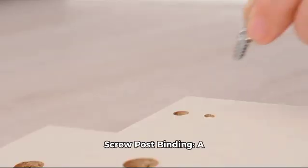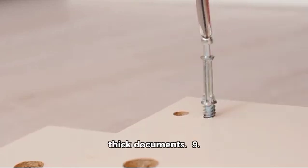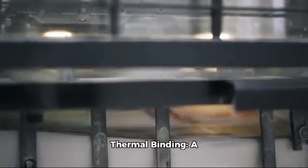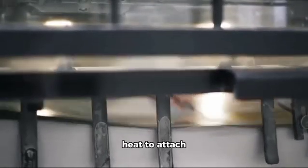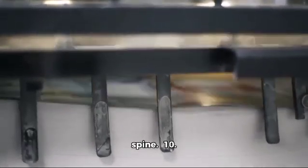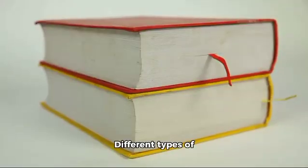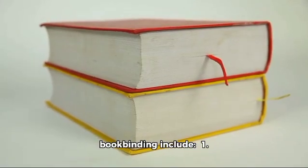8. Screw post binding, a versatile method using metal screws to bind thick documents. 9. Thermal binding, a modern method using heat to attach pages to a flexible spine. 10. Wiro binding, a durable method using double loop wire to bind books and documents. Different types of bookbinding include: